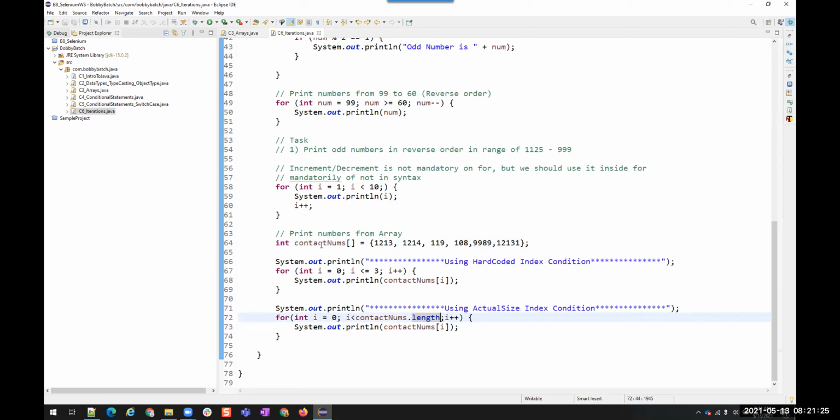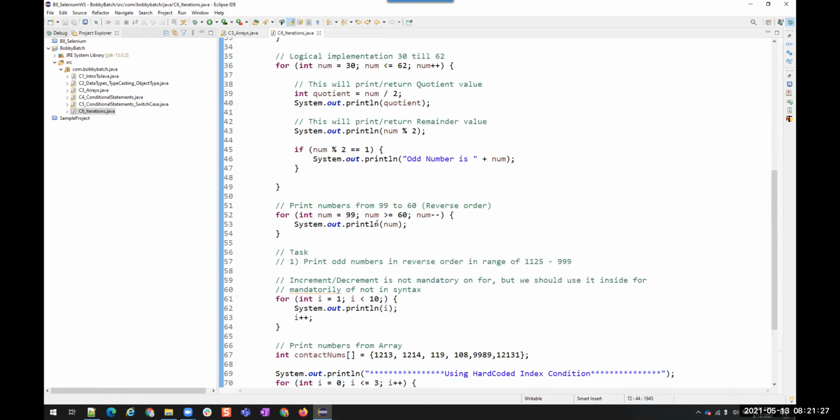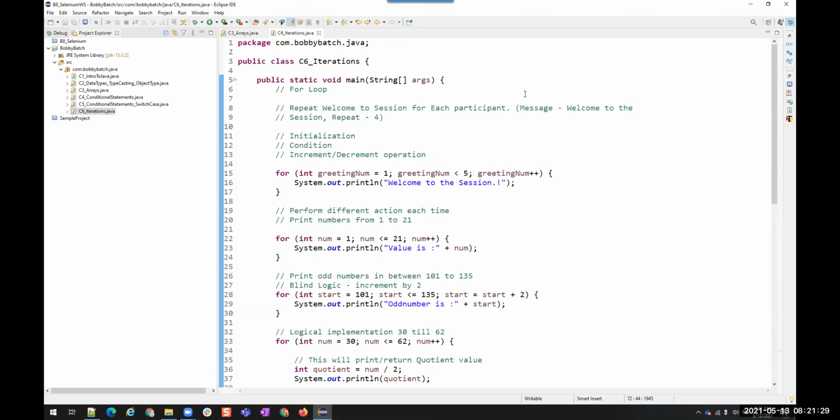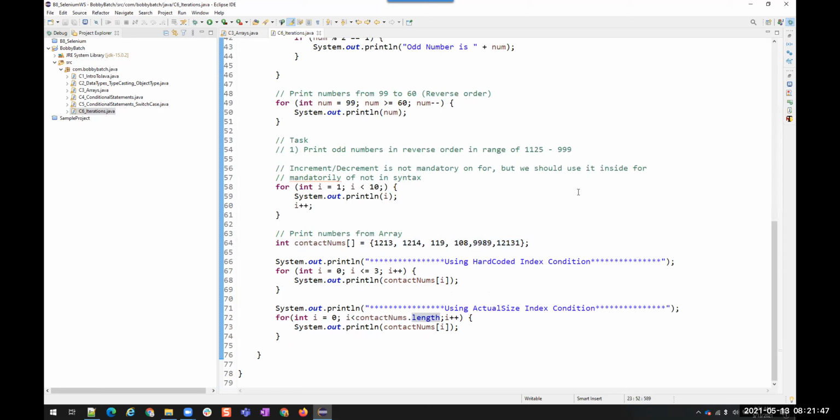Okay. So it's already 8:20. Do you have any questions in today's topic? This for loop, incrementation, decrementation, printing, or any logic for odd numbers? Yeah, I need help. On?